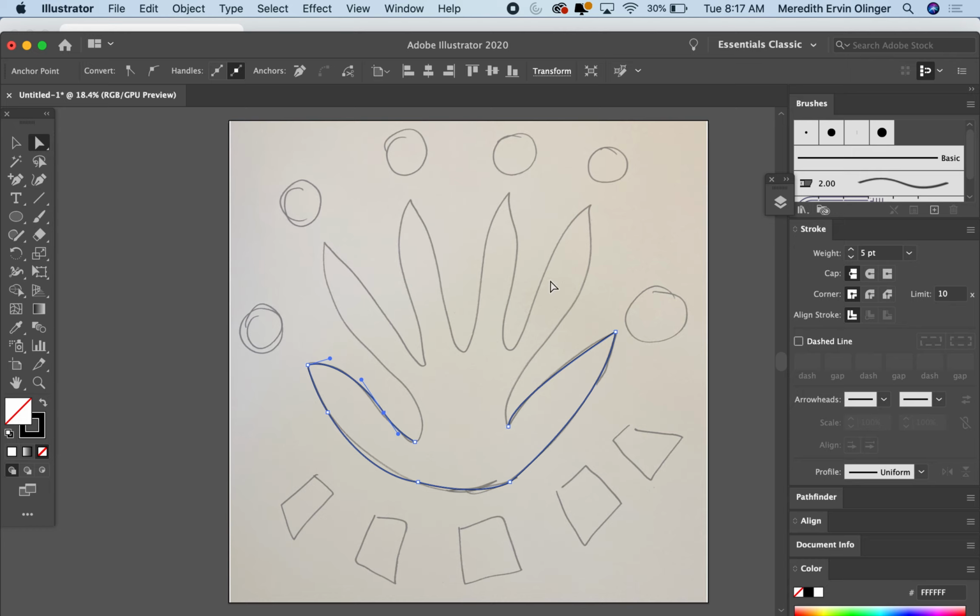Now, I'm not going to trace this whole thing for you guys. Just play around with the pen tool. But I'm going to do these circles. Let's go over here. If you right click the ellipse tool, you have a rectangle tool, polygon tool, and so on. So I'm going to come over here, and I've just drawn these circles kind of as a guide for me,